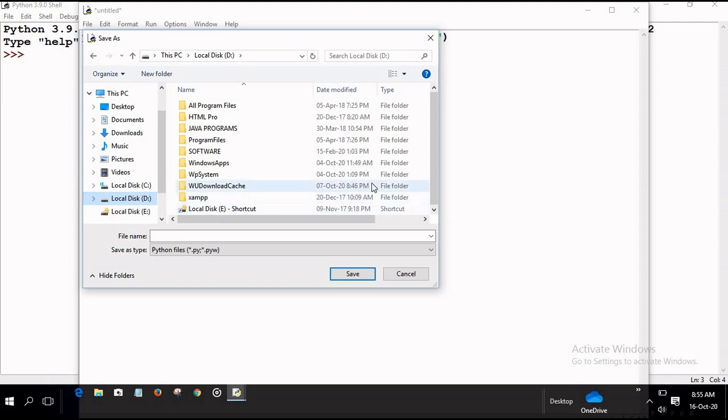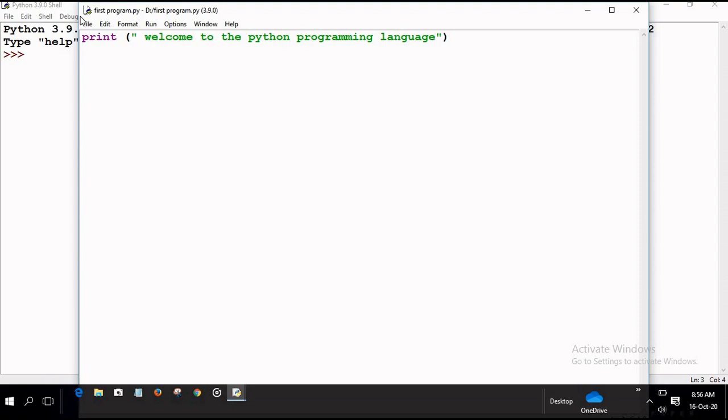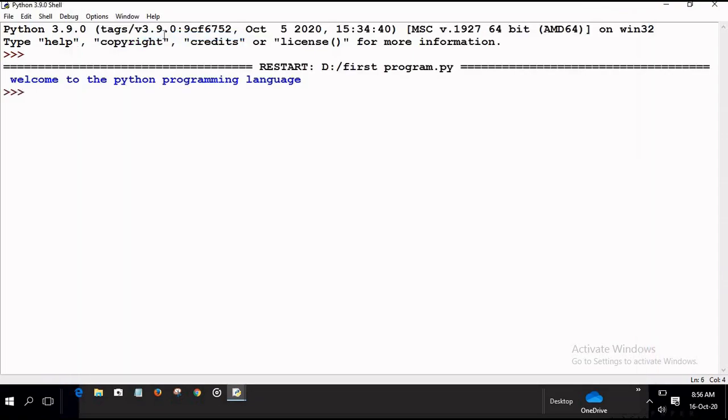So I will save this in the D drive, by naming it first program .py, because Python's extension is .py. Then click on the Save button. You can see here first program .py. Now run from here. Run Module. See, the output is here. Welcome to the Python programming language.